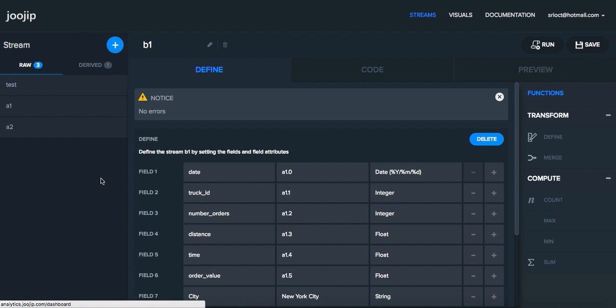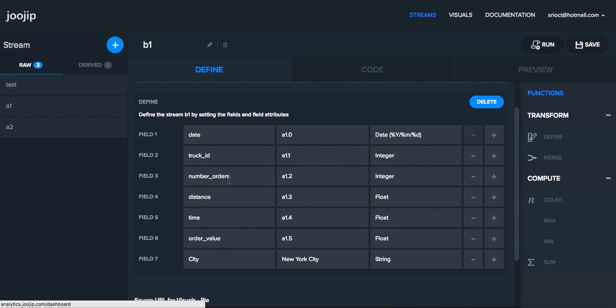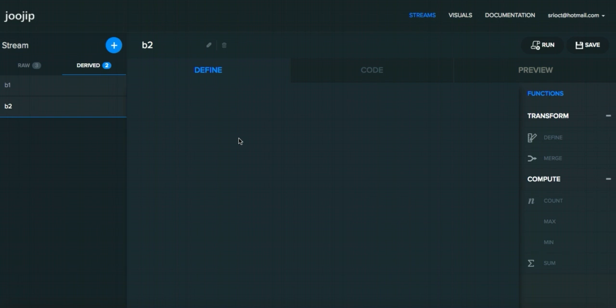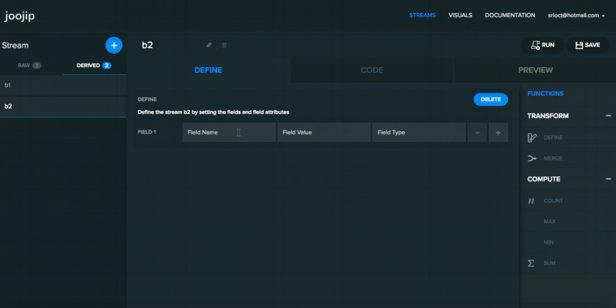Okay. So now what I'm going to do is I'm going to add one more stream called B1, B2, which is corresponding to A2. Okay. So I'll add a new stream called B2, and it's a derived stream because I'm trying to derive from A2. So B2 is essentially the same schema as B1. So we'll just quickly add all the fields here. So the name is date and A2.0 and this date,